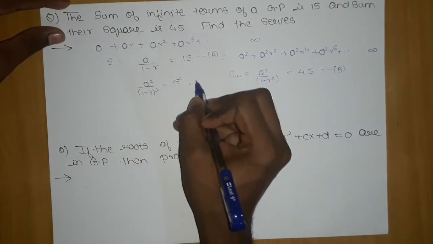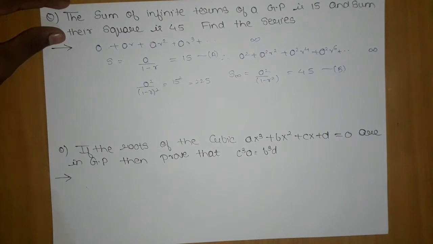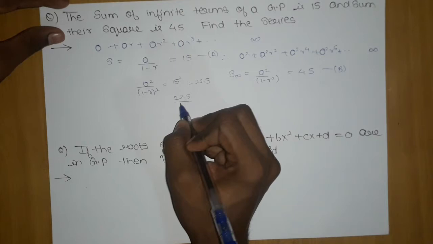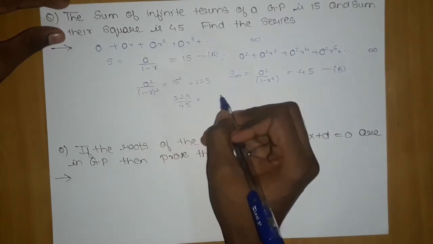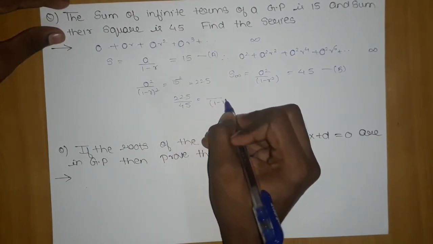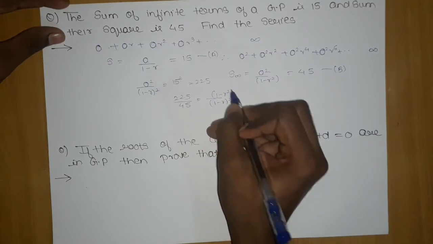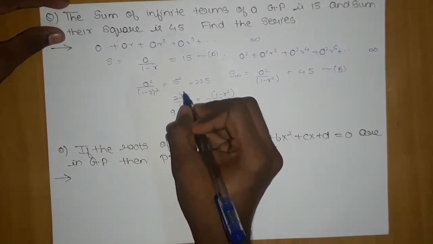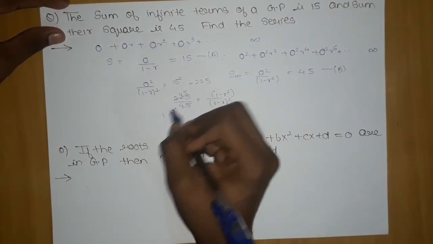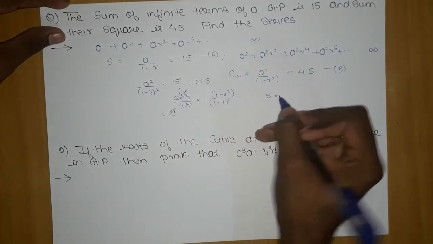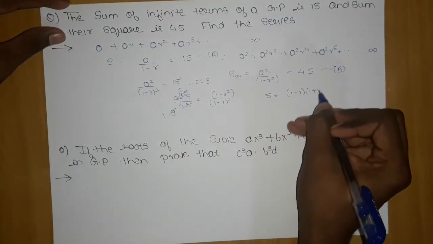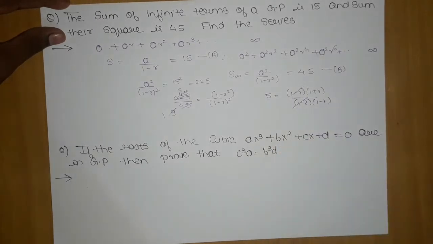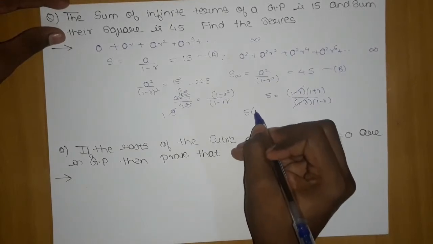15 square, 225. So here if I divide this term by this, 225 by 45, A square will cancel out, which will give me 1 minus r the whole square upon 1 minus r square. 225 by 45 is 5. So 5 should be equal to 1 minus r into 1 plus r upon 1 minus r into 1 minus r. This will cancel out, which will give me